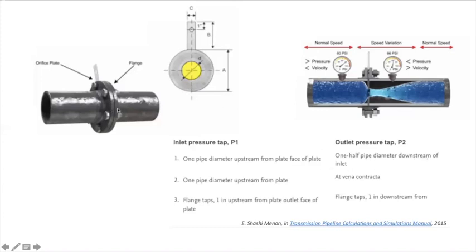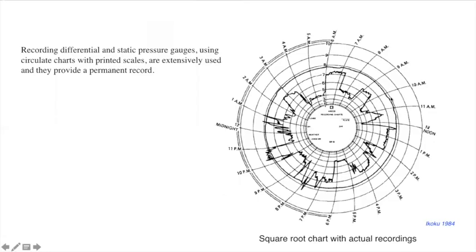So from here you have to move D by 2. You can locate your two different pressure taps to be measured, as shown here. So this is D and this is D by 2. Now the figure which I have shown you is the kind of recorded measurement for the pressure differential across the 2 points. Here you can see that we have two different data recorded, which are the pressure differential and absolute pressure. We'll discuss this figure a little later, but you can see that this is the kind of measurement which is being recorded.